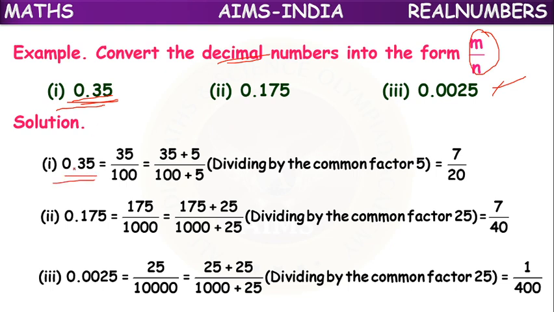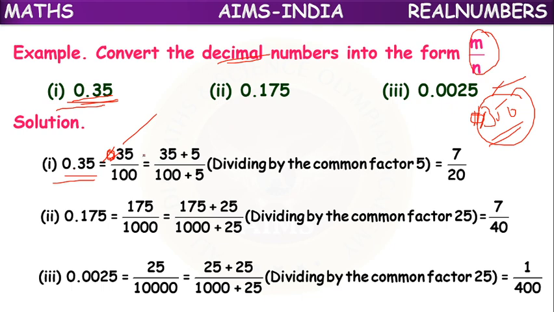We will remove the decimal point. It will become 035. But if the 0 is located at the leftmost place, the extreme left place, it will have no value. We can remove that 0. It will become 35. Otherwise, if it is on the right-hand side, it has value. We have to consider it as 350. But if it is on the extreme left, no need to consider it. So this 0, no need to consider.